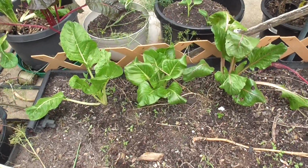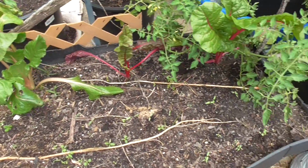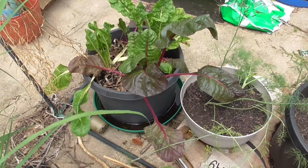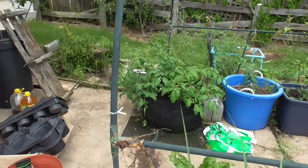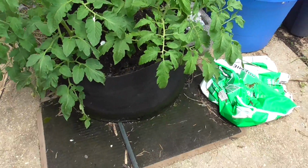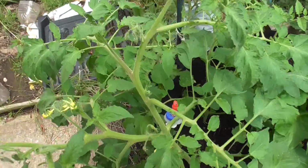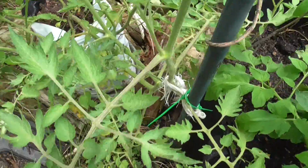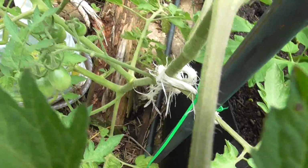This sweet shot will be eaten from here. We also have a bucket of four sweet shot right there. More tomatoes on this side, you can see that. More tomatoes on this big, giant basin, and the flowers are there. They've started pushing out. Can you see that? These are the